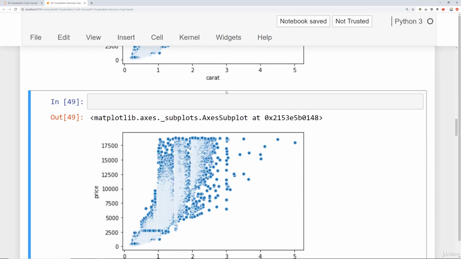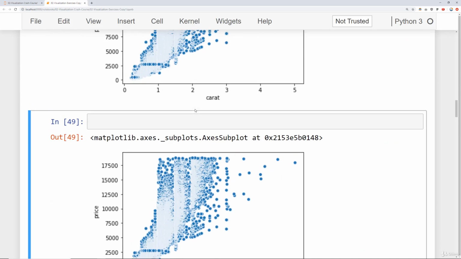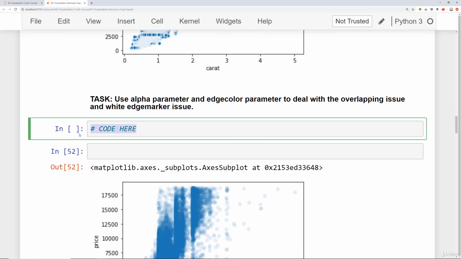So as we mentioned, there's a bit of a problem here with this marker edge being too thick, and there's so many points on top of each other, it's a little bit hard to tell the density of the points. So what we're going to do is we'll take the same code, let me just copy and paste it, and then we're going to add in some parameter calls. So the first one is alpha, which is essentially transparency. If we say alpha is equal to 1, that's totally opaque. If we say alpha is equal to 0, then that's completely transparent. Recall that we have almost like 56,000 points here, so we're going to go quite transparent here, about 10% or